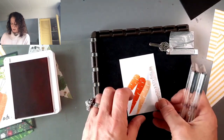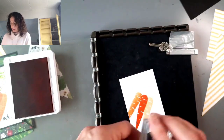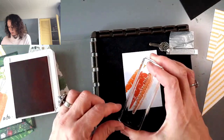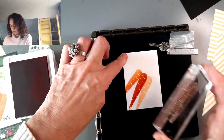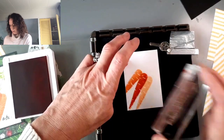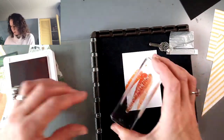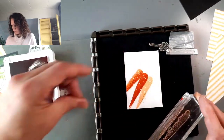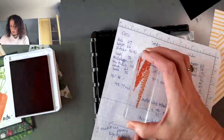There's a second stamp that is a detail, and it's this one. So I'm going to lay it down, pick it up, and ink it up again. I'm just doing tone on tone. So this is pumpkin pie. There. And now I'm going to go on here. Well, that was really light. I'm going to do it on this one. And then I'm going to stamp, ink off,